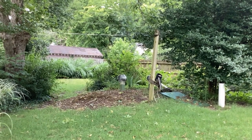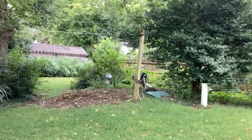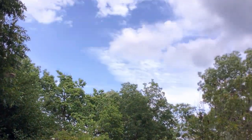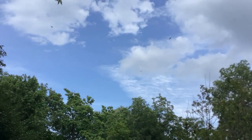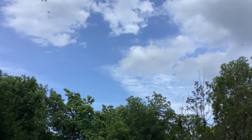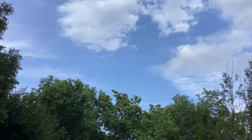And you can see we've got it kind of vented, so those little vents are going around, the wind's making those go. The birds are going crazy. I don't know if you can see them because I don't know if they're coming in because of the storm or what's got them going, but yeah, you can see them flying in right now. So you see it's blue right there. It's the other side that's...